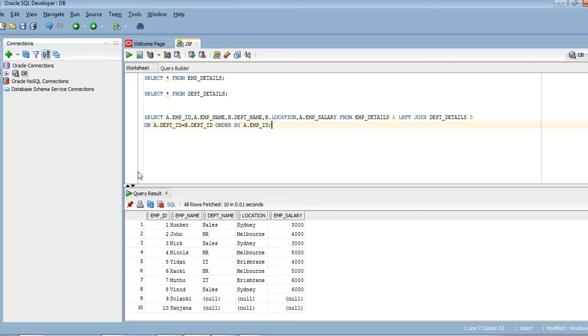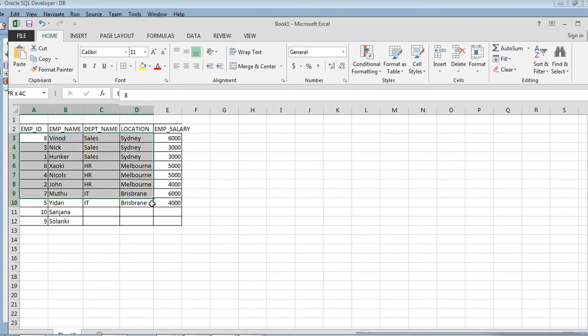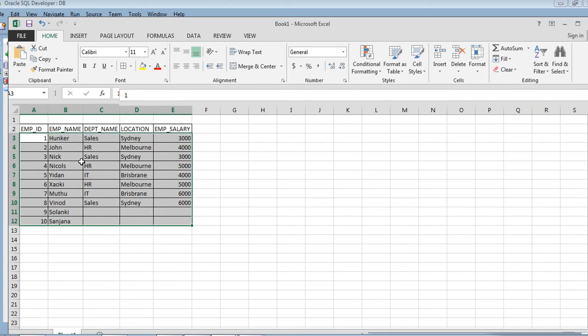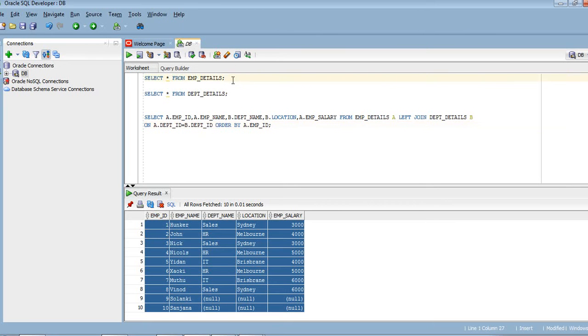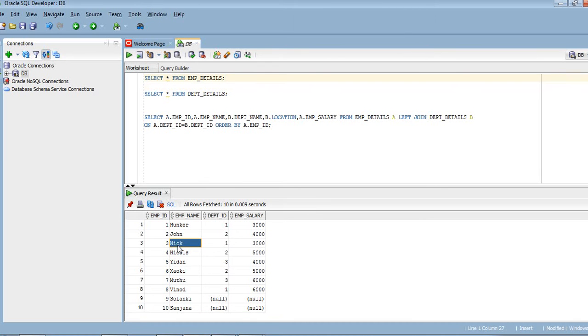Yeah, super. So let me copy this whole data. Let me delete this and paste it. Okay, great. So over here what we can observe, let me copy the data for emp details and department details into the Excel sheet so that it will be easier for you to understand.